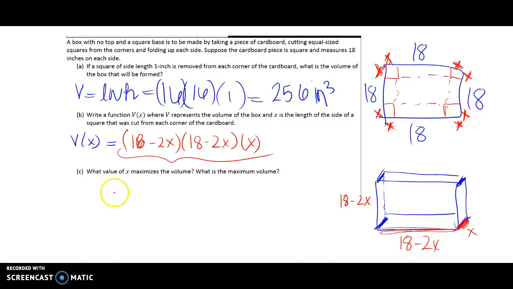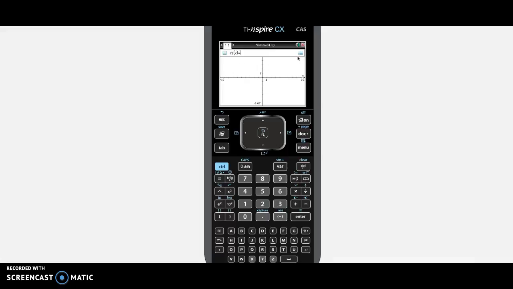Then the next logical question for me to ask is what value of x maximizes the volume, and what is that maximum volume? So what I'm going to do here is open up a calculator, and I'm going to graph the function that we just came up with. It's going to be 18 minus 2x, another 18 minus 2x,